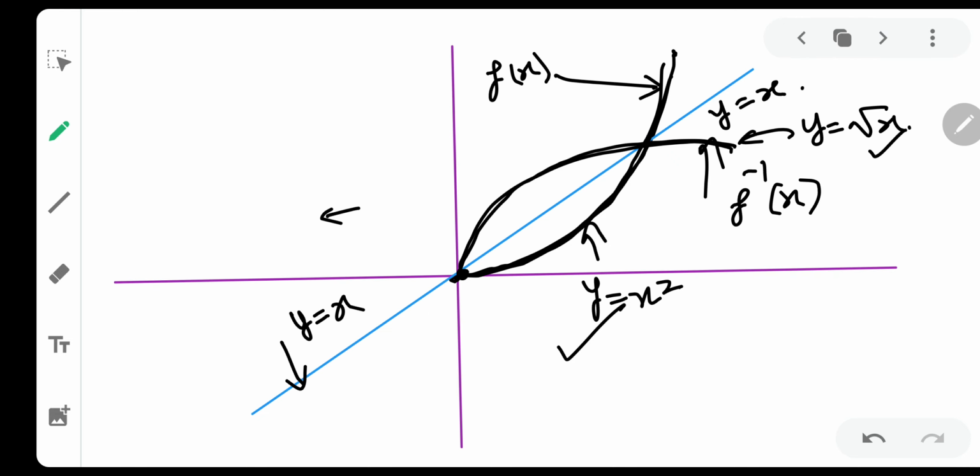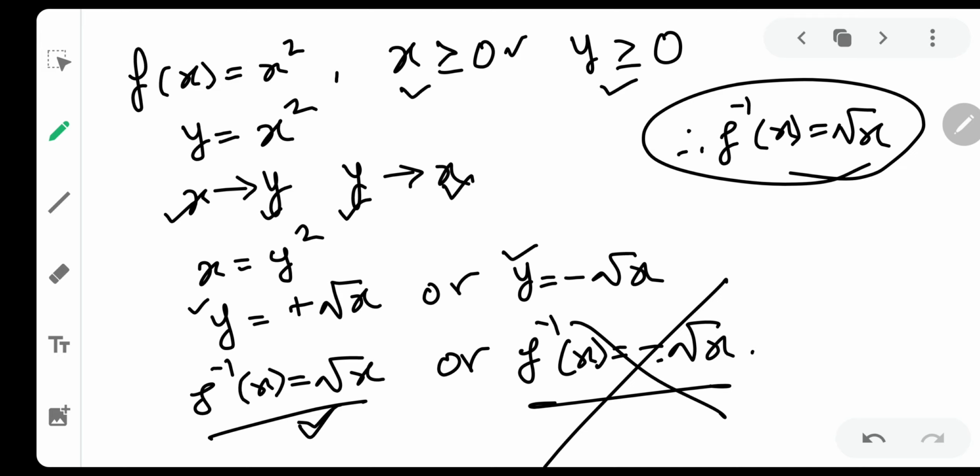So we understood how to find f inverse x. First we check whether it is a one-to-one and onto function. Then there are two methods. One is the graphical method, in which we draw x square, put up a line y equal to x, and take the reflection. But for using this method, you should know how to play with graphs. For that you have to watch my playlist, play with graphs, in very much detail. Or else you can apply this very basic method which every book covers: replace x by y, y by x, and find y. If two functions are found, one of them will be rejected. F inverse x will always be a unique function. It could be a piecewise function, but it will be unique.